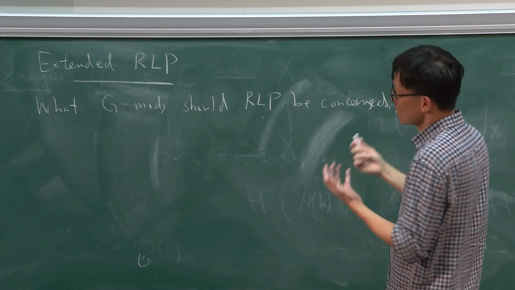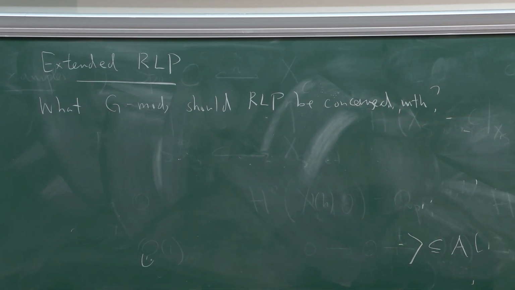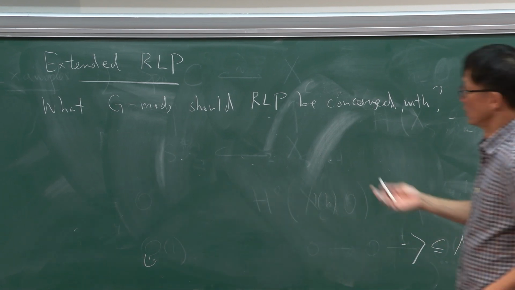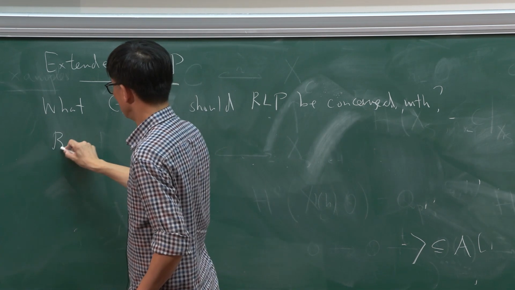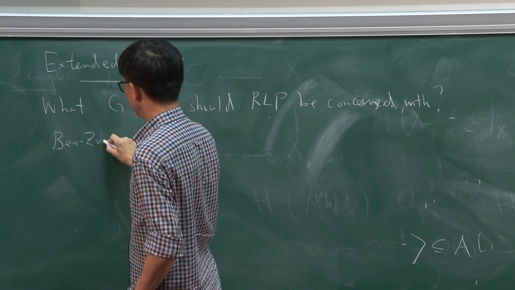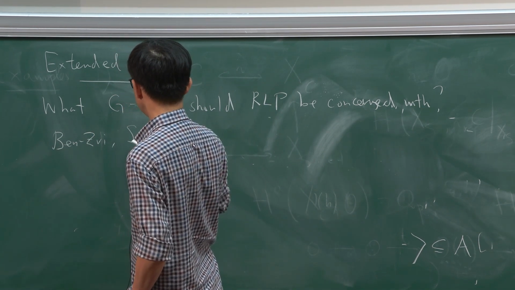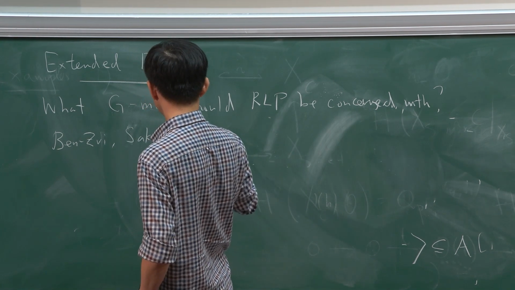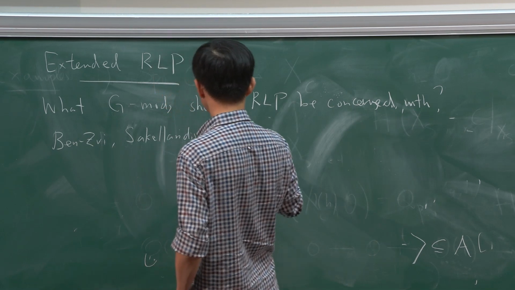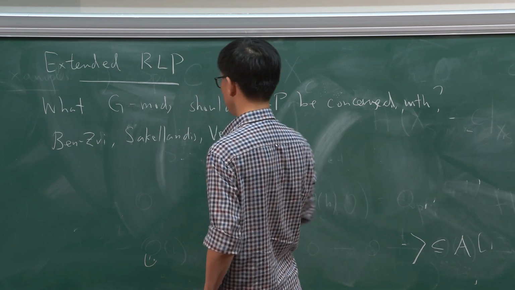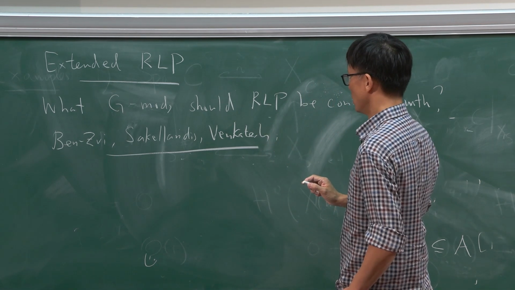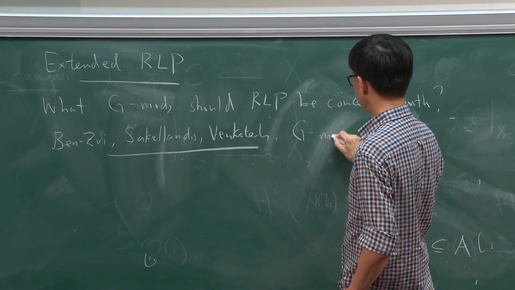Initially, as conceived in the Sakellaridis-Venkatesh book, it was spherical varieties. But now there's a proposal, which I guess will appear in the book of Ben-Zvi, Sakellaridis and Venkatesh, that these G-modules should be G-modules that